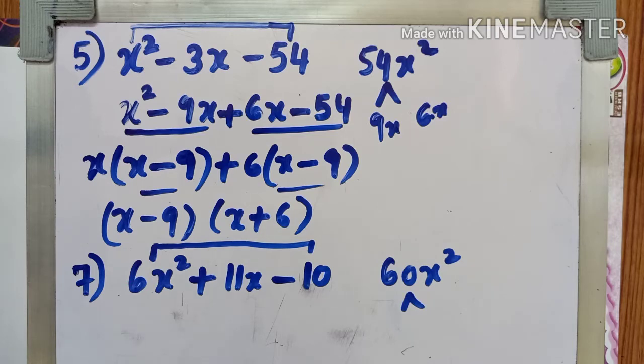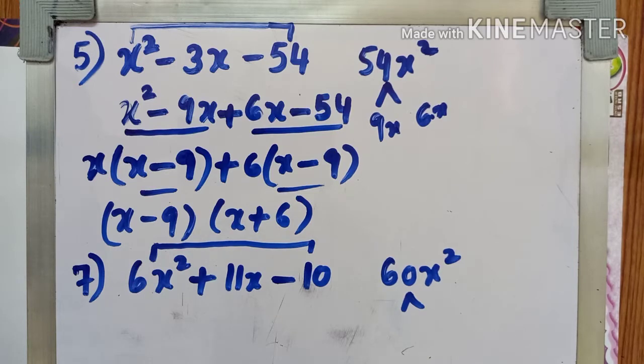Okay, 6 tens will be 60, you will get that. But here, 6 and 10, if you add or multiply, will you get this 11x? No, this 11 you will not get. Then what more can you think of? 10 6s are 60, 6 10s are 60 only. Then in which table will 60 go?